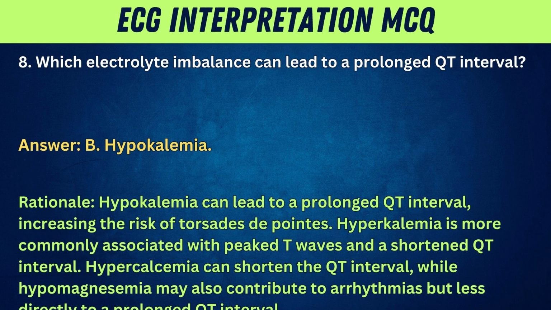Hypokalemia. Rationale: hypokalemia can lead to a prolonged QT interval, increasing the risk of torsades de pointes. Hyperkalemia is more commonly associated with peaked T waves and a shortened QT interval. Hypercalcemia can shorten the QT interval, while hypomagnesemia may also contribute to arrhythmias, but less directly to a prolonged QT